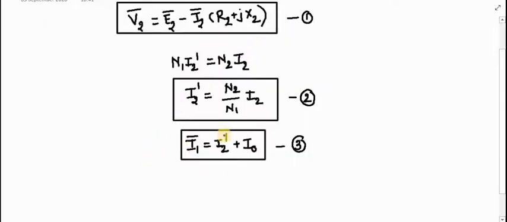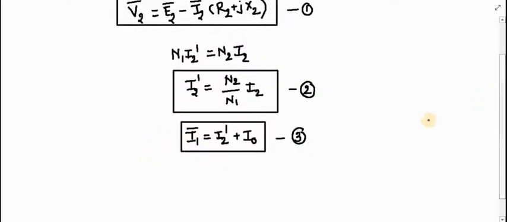So the primary impressed voltage V1 is nothing but the phasor addition of minus E1, and the drops across I1 R1 and I1 X1. Why minus E1? Because this is the part of the applied voltage which is balancing the E1. That's why it is called minus E1. So V1 is the vector sum of minus E1 and the drops. Why minus E1? I can give you an explanation in two ways.